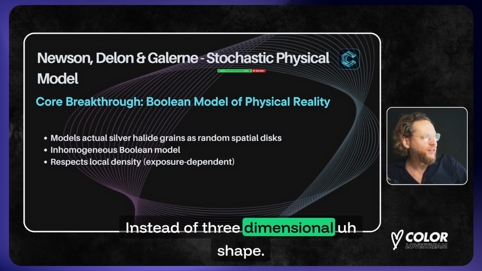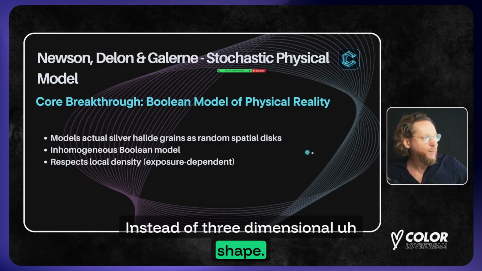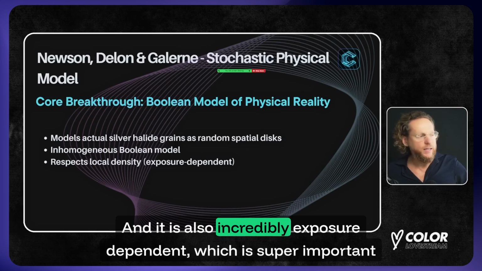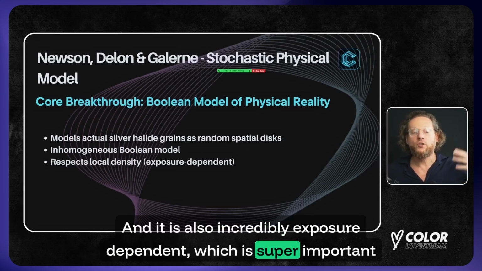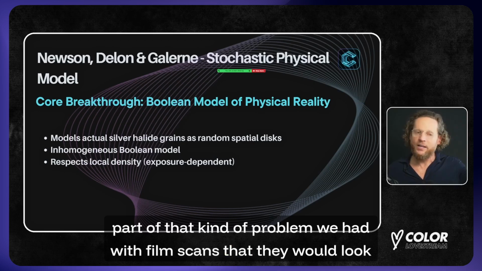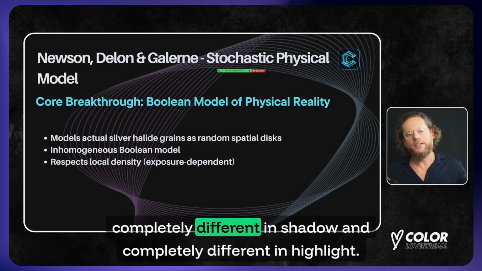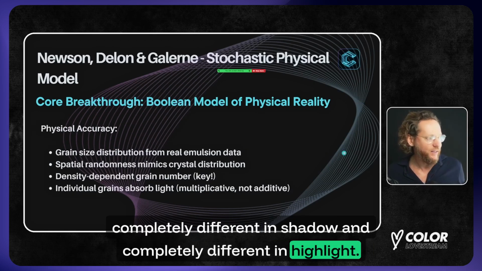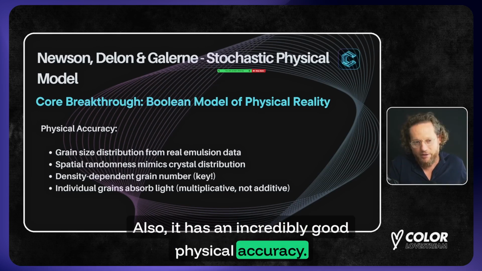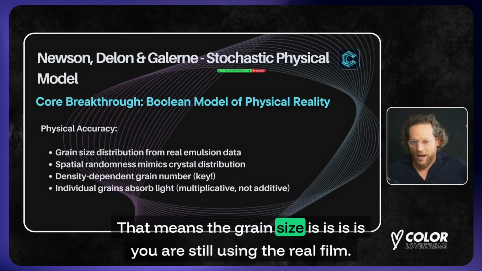It's a three-dimensional shape, and it is also incredibly exposure dependent, which is a super important part of the problem we had with film scans, that they would look completely different in shadow and completely different in highlight. Okay. Also, it has an incredibly good physical accuracy. That means the grain size